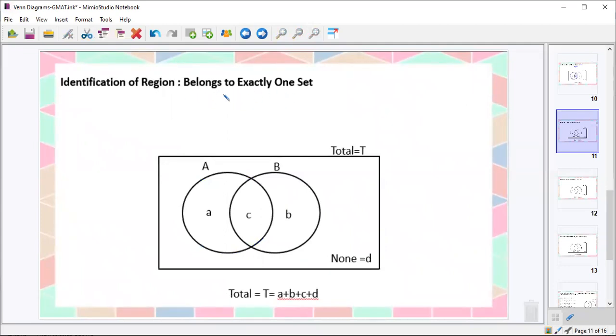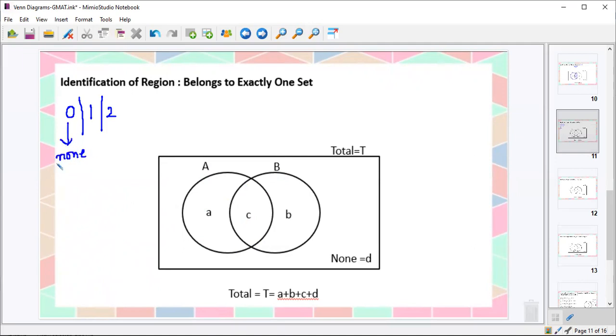Okay. Now before I discuss this statement, we have two parameters over here. Any person, if I have to map the person over here, can either belong to zero of the two parameters, that is none. It does not belong to A, it does not belong to B. Or any person can belong to just one parameter. It can belong only to A or only to B, or the person can belong to two parameters, both A and B.